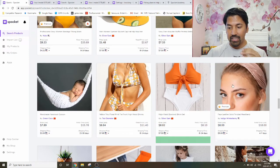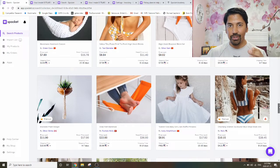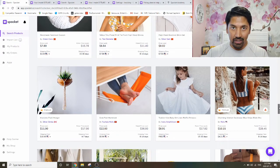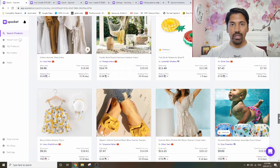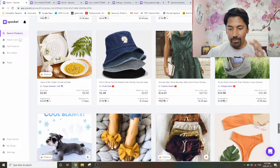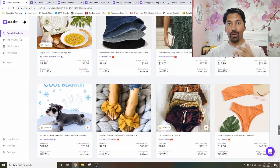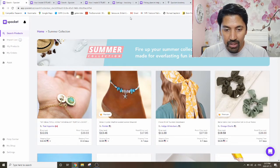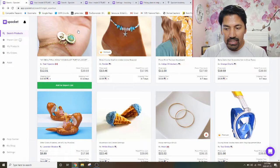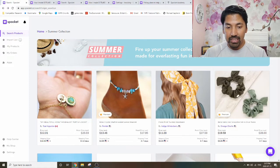higher value plans, they actually allow you to also do a product request. So if you don't find a product that is on SPOCKET, you can request for it and they will source it for you. So that can be a good way also to find domestic suppliers for a product that you already have in mind. Another benefit that I'm aware of for their users, my apologies, is